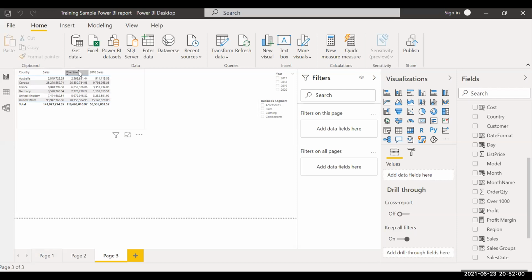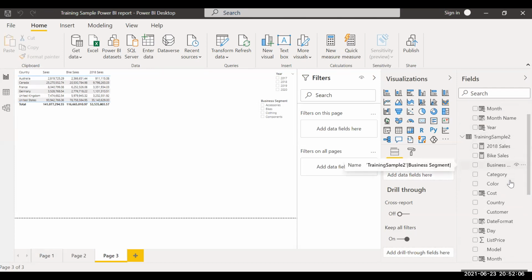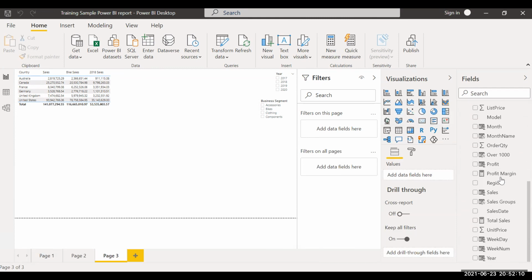So we had created this table where we created bike sales, 2018 sales, and we had created a date table. Sales, 2018 sales, and then profit margin, total sales. Okay.